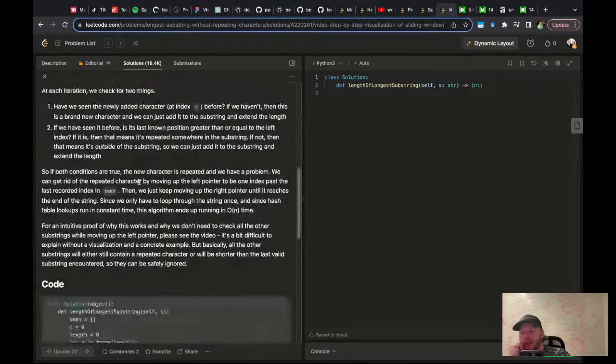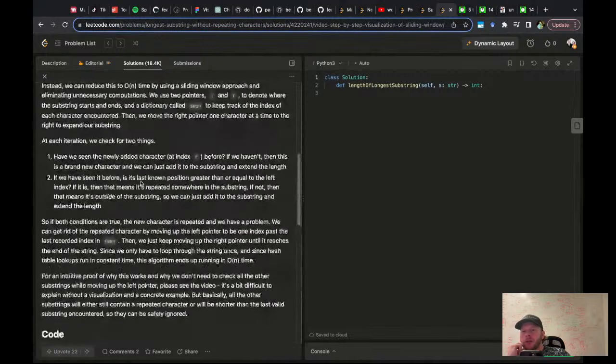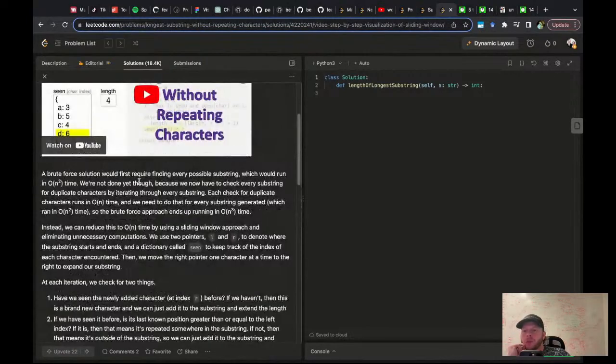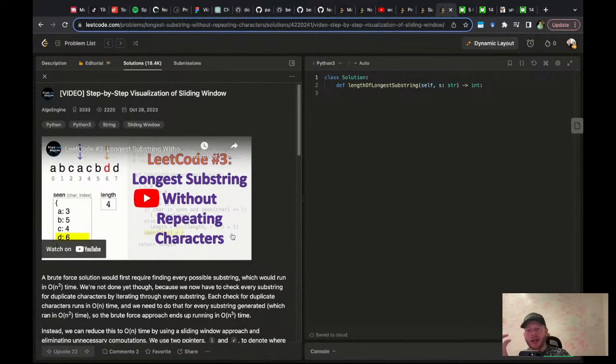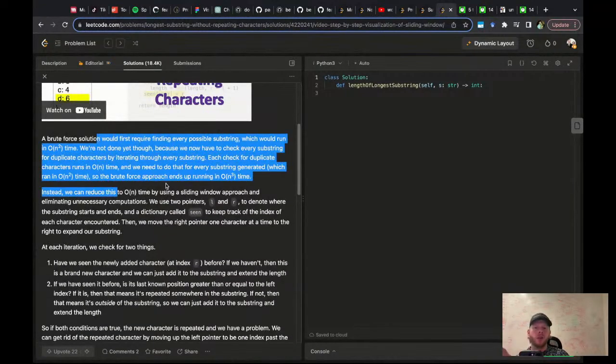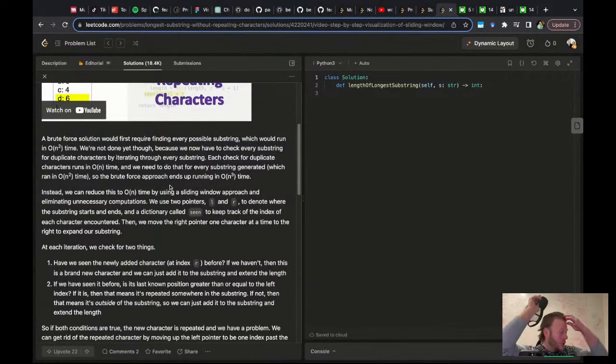Brute force is n squared. Yeah, we hate it. But there's better than brute force, right? Each check for duplicate characters runs in O of N. We can reduce to O of N. Yeah. Okay, great. This is a wonderful one because you can brute force it. If I'm in an interview, I can implement a brute force, which is awful, and then I can improve it by 2 orders of magnitude, which is impressive. Great, I love it.